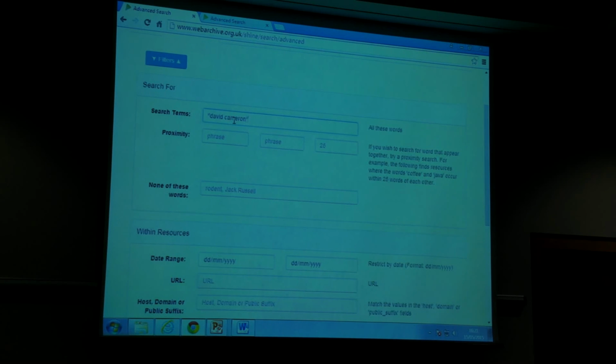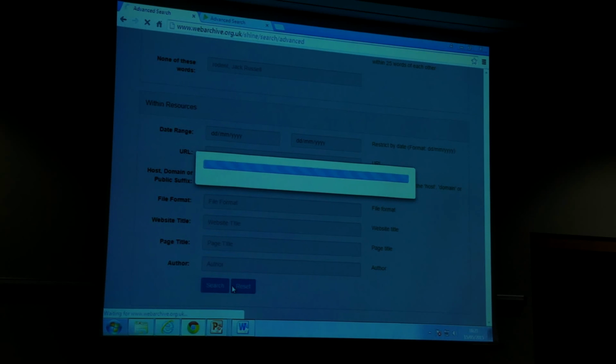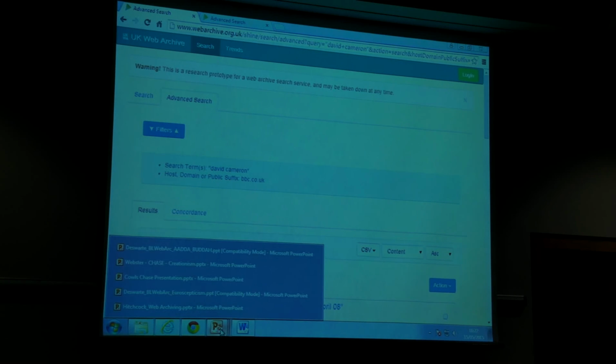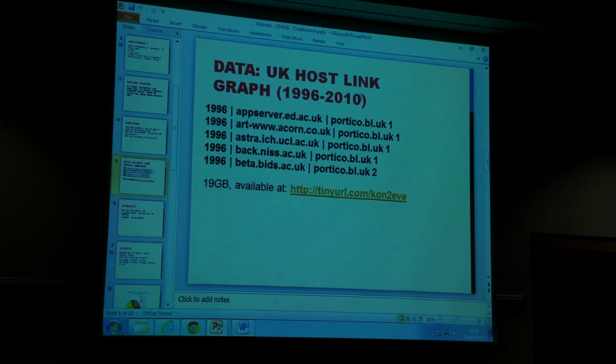I'm going to search for David Cameron, and I'm only going to look for things within the BBC for now. I think the point is looking between two domains, which you can only do unidirectionally. You can only say what links from domain A to domain B, then you have to look at what links from domain B to domain A. If you really want to do that type of analysis, you've got to go to the derived data set, which is downloadable, which I was talking about earlier. Tim, you weren't here, but I talked a bit about this earlier on. It's a data set derived from all the content, which allows you to do it bidirectionally.